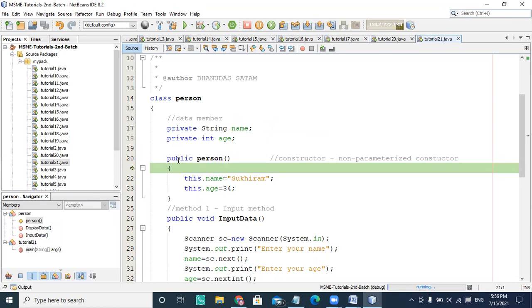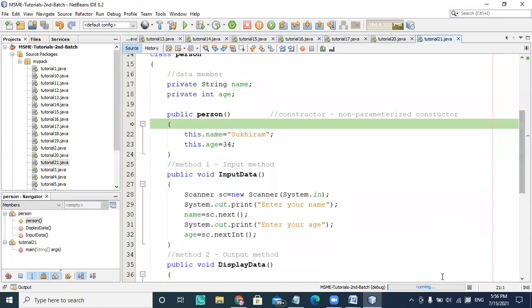So look at this. This is my constructor, and I want to see what happens in memory. You can see by looking at the output here. So I can move my screen here. I want to check my memory contents.